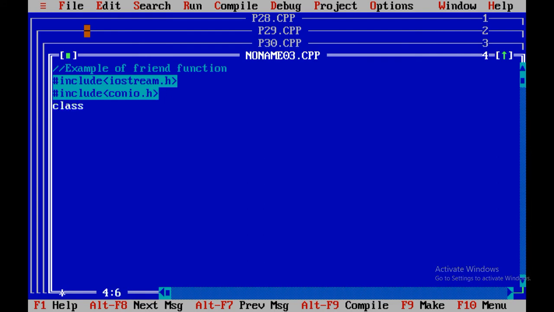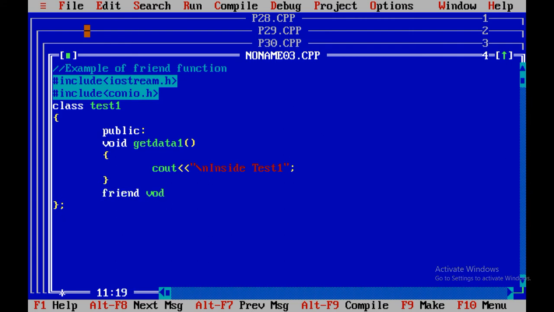Now I am going to create one class called test1. I am going to make one public method, void getdata1, cout \n inside test1. Over here I am going to use friend void display.